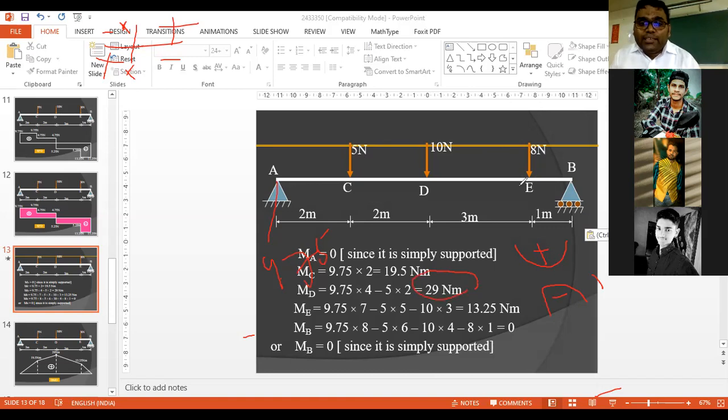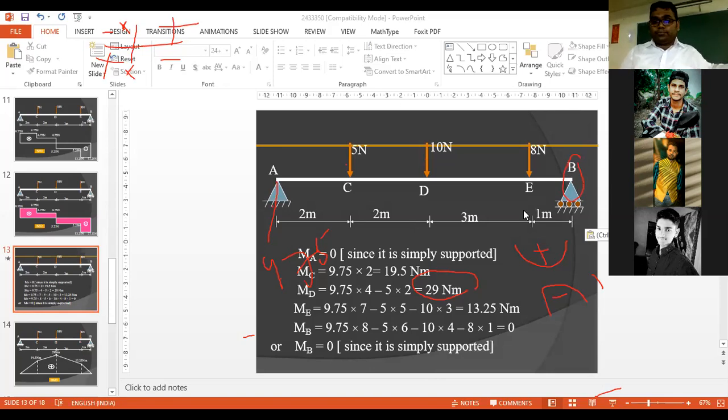Then आप E में चले आइए, so you have to consider this force, then ME is equal to 9.75 into this total distance is 7 minus 5 into this distance into 5, and there's this simple sign convention. If the load is acting from downward to downward, it will be negative. If it is acting in the upward direction, it will be positive. So आप ये सीधे इसको solve कर लेंगे, and here must be a zero load, where at the support the bending moment is 0. So ये हो गया shear force और bending moment आपका।